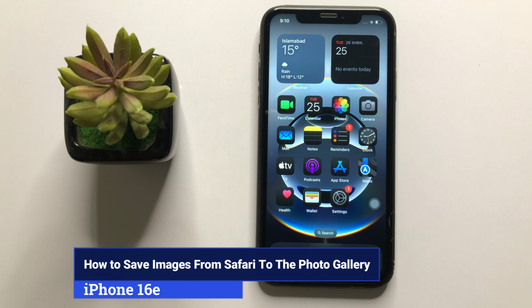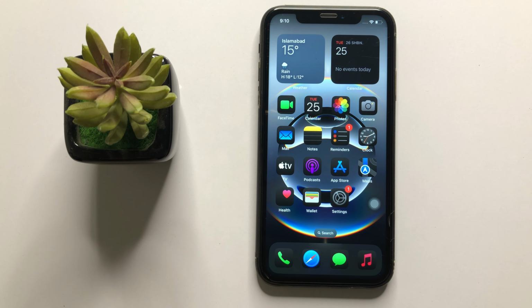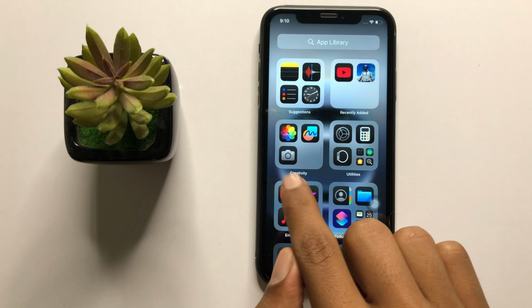How to save the image from Safari to the photo gallery in iPhone 16e. So let's start the video. First of all,